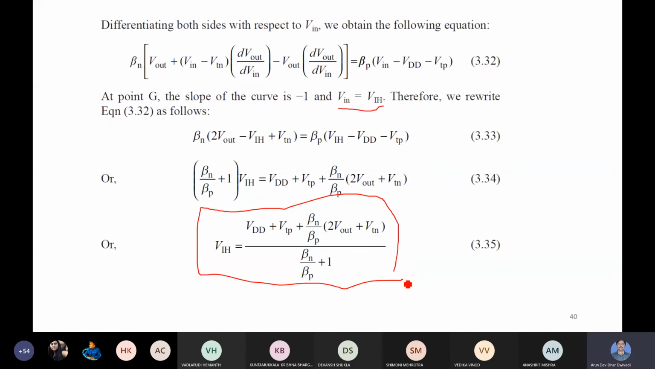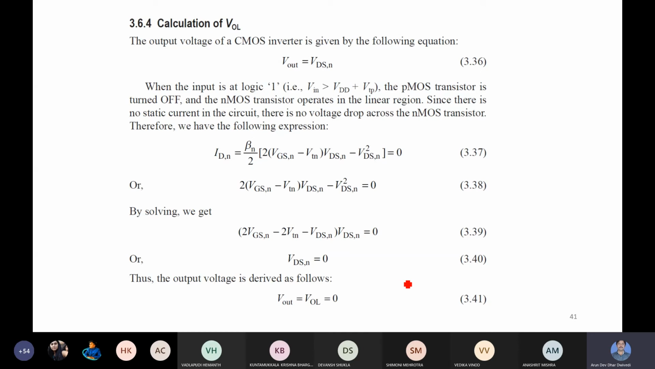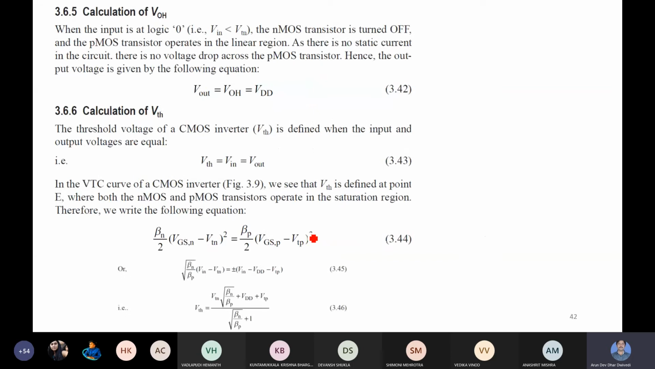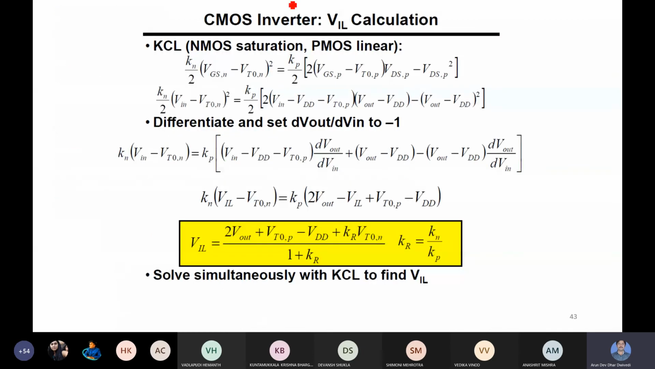So this algebra you can do. For the VOL calculation, there is even no need of calculation. VOL is generally VDSN, and Vout equals VOL. But here the steps are given, you can go through that. Similarly for VOH, it is exactly the same as VDD, so there is no need of doing these steps, though they may be done. So very quickly, instead of going through all that, and to avoid reading too much text,